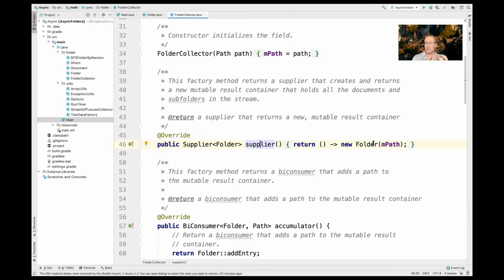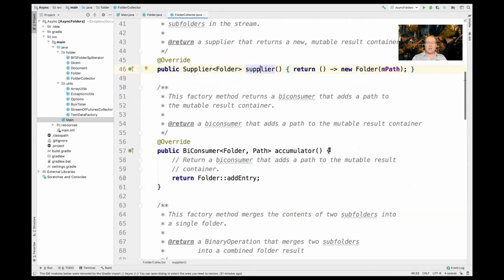So that's what's called the mutable result container. It starts off by making a folder that's rooted to that path. Here's the accumulator. The accumulator is also very much like what we looked at yesterday. It uses an add entry method defined in the folder class itself. And we'll look at that in a second because it does some really cool things. So basically, we accumulate the next path by putting it in the folder that we created by the supplier factory